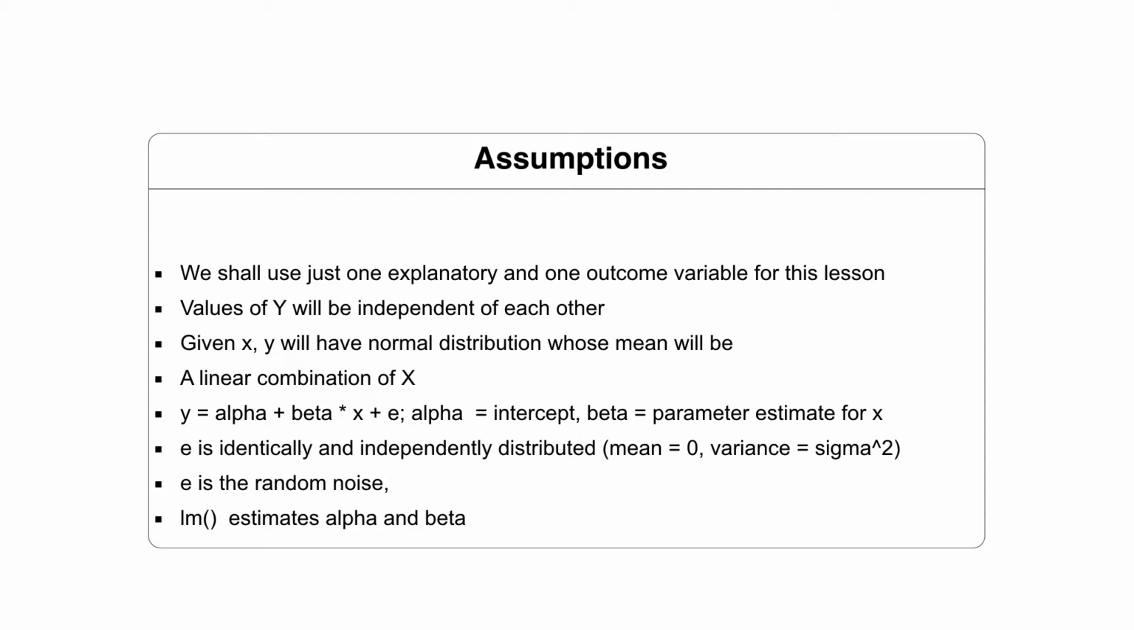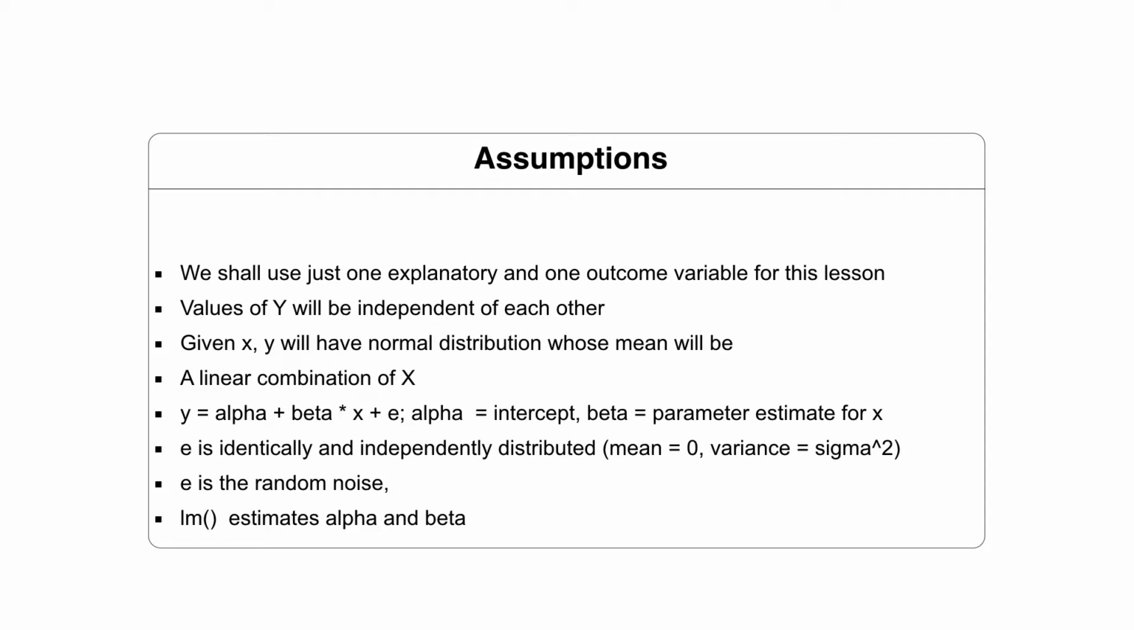So for us, it's going to be a case of y equals alpha, which is an intercept, plus beta times x, and beta in this particular case is going to mean that it is a slope of x, and the error term. So alpha is the intercept, beta is a parameter estimate of the slope along which the x is going to move, and e is referred to as the error term, which is identically and independently distributed, which means